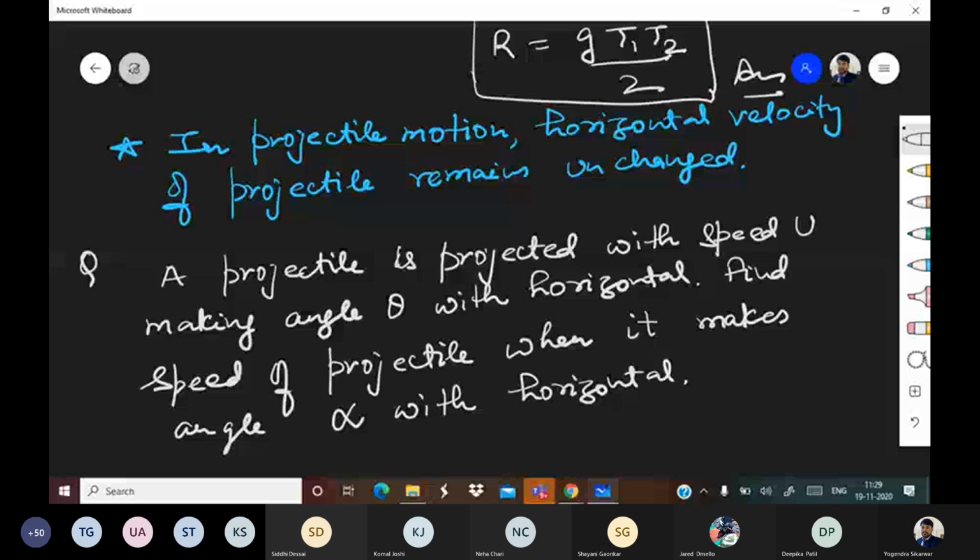Pratyusha, you made the mistake in the previous question to take T1 is equal to 2u sin theta by g, and you have also taken T